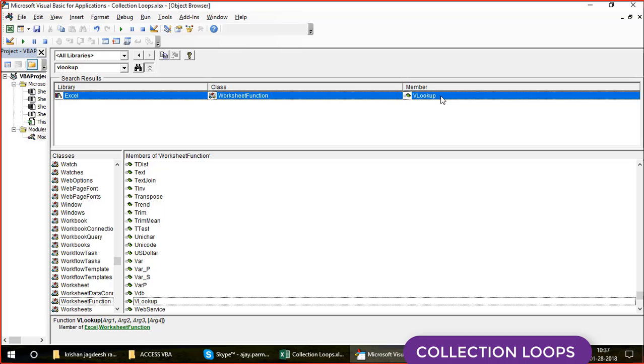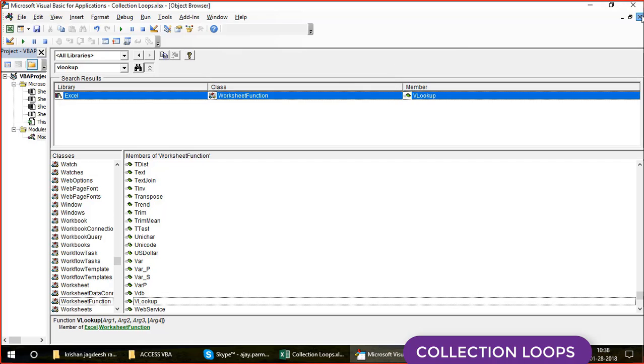Gradually you will start understanding these concepts. Why is it coming as a member? Because VLOOKUP is a part of a family, which is WorksheetFunction, which is a class. So as I said, what is a class? A class actually is a place where your objects are defined. Every object is defined in a different class. VLOOKUP is a function. So for the functions, what the Microsoft team has done is given us the class called WorksheetFunction. They said that every function you will be able to see under this WorksheetFunction class. So that means